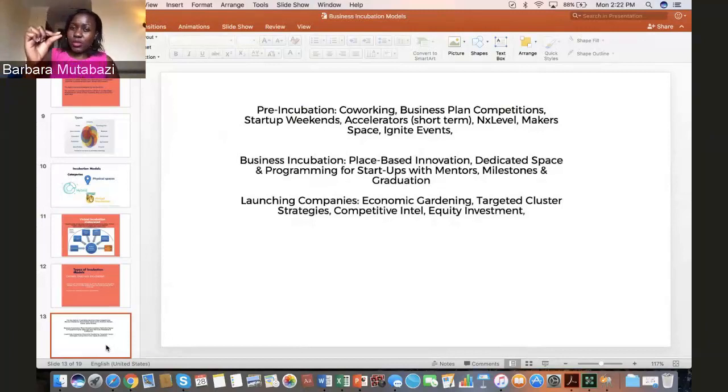And then launching of companies, there are people who will come to you and they just need specific support. So for example, maybe their challenge is a technical problem. If it's a tech startup, they want to launch this idea, but they've failed to overcome a certain bug. And so what they need from you as an incubator is a seasoned developer or someone who will look at their code and let them know where the problem is. And once they've clicked on that, then they're out of there. So you're basically offering particular services to these businesses,